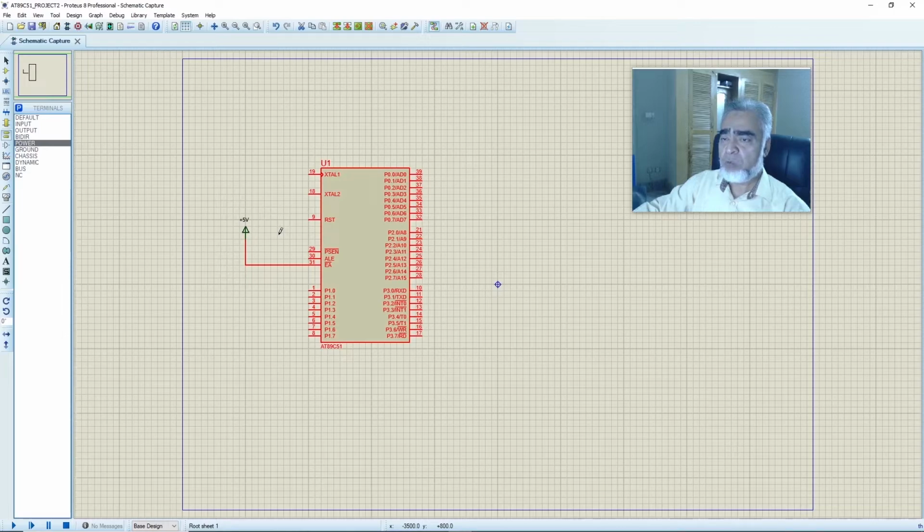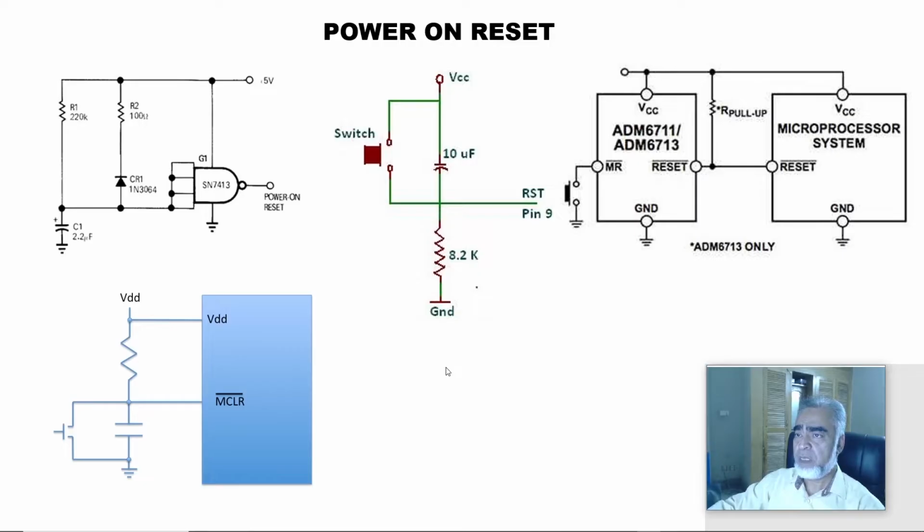So let's see what is power on reset circuit. Here we can see different types of power on reset circuit. We can develop the power on reset circuit using NAND gate like this. Here we can find a resistor and a capacitor. If we power on the circuit, the capacitor will be short circuited and the output of the gate will be high because it is a NAND gate working as inverter, and when the capacitor is charged, then the output will be low. So we can say that whenever we power on our circuit, a high pulse will be available